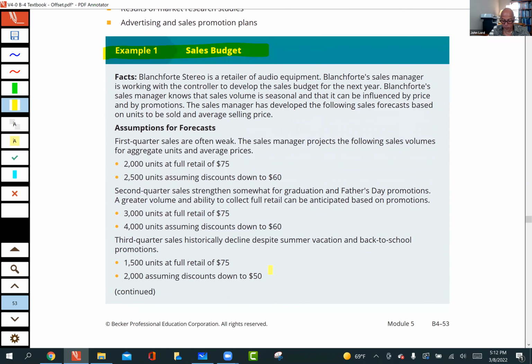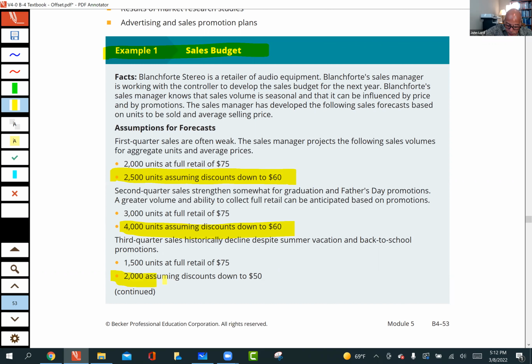So this Blandford Stereo is a retailer of audio equipment, and Blandford's sales manager, I don't know if I'm saying that name right, is working with the controller to develop the sales budget for the next year. The sales manager knows that sales volume is seasonal and it can be influenced by price and promotions. The sales manager has developed the following sales forecast based on units to be sold. And then there's a smaller number of units for a higher price. And then I'm going to highlight here the larger number of units with the